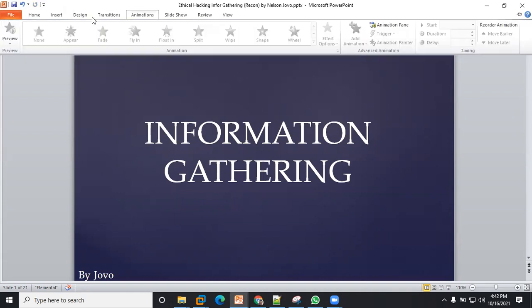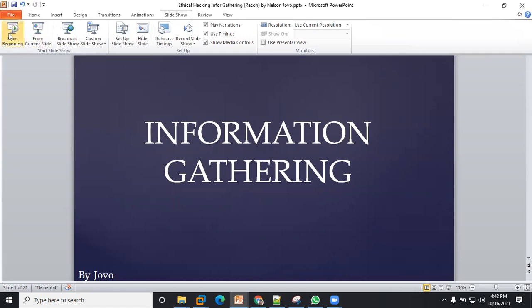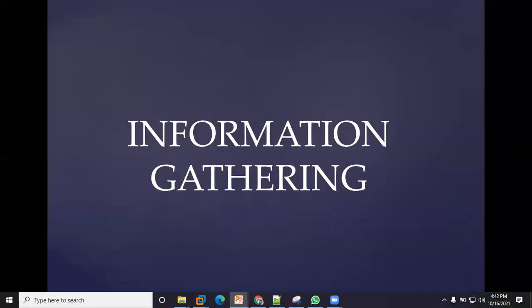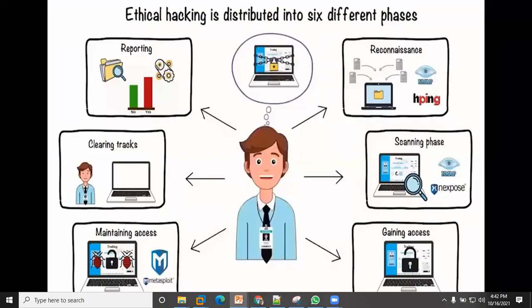Please, if you cannot hear me, let me know. So these are the six ethical hacking phases. Like I said, the first one is reconnaissance, or information gathering, where you, as an attacker or a cybersecurity professional, are trying to gather as much information as possible about the victim or your target.